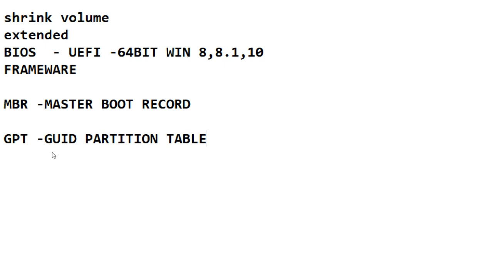GPT, so the GPT partition table is there, the GUID partition table. What does it contain? How many partitions you made, how many primary partitions, extended, logical partitions, each partition from which sector to which sector, the partition number like partition 0, partition 1, partition 2, partition 3, and their sizes and the OS location in the partition. So that information is stored in these records only. These records are in the first sector, or the zeroth sector, of a disk.